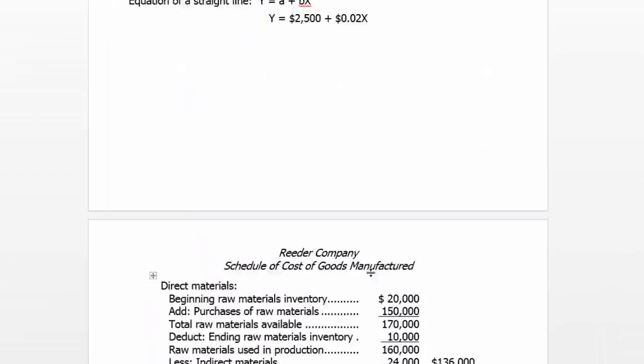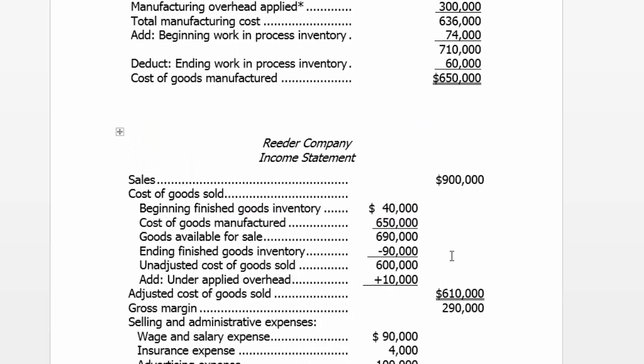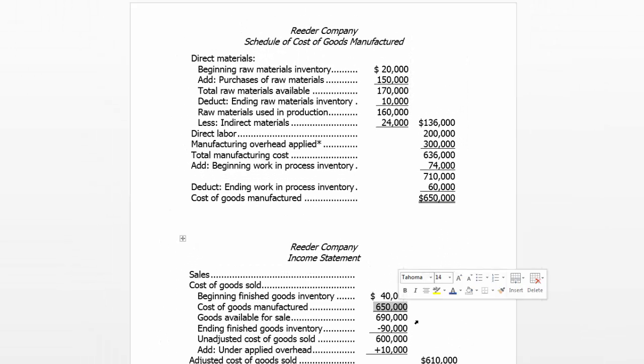All right, so here's our sales. Then there's our cost of goods sold with the beginning finished goods, our cost of goods manufactured. We'll subtract out our ending finished goods, have to put in our over/under applied overhead, which we'll talk about next chapter or next video. And so we have sales minus the cost of goods sold is gross margin, minus our operating expenses is net income. So this terminology has just changed a little bit in this cost of goods sold section. And to support this number, the 650, instead of this being our net purchases, again, this is what we manufactured,